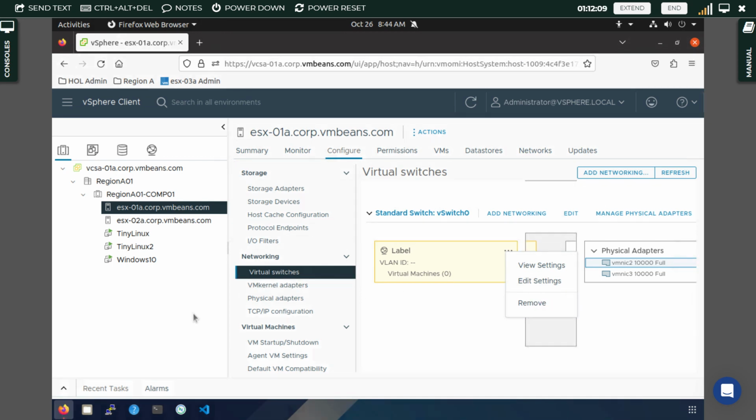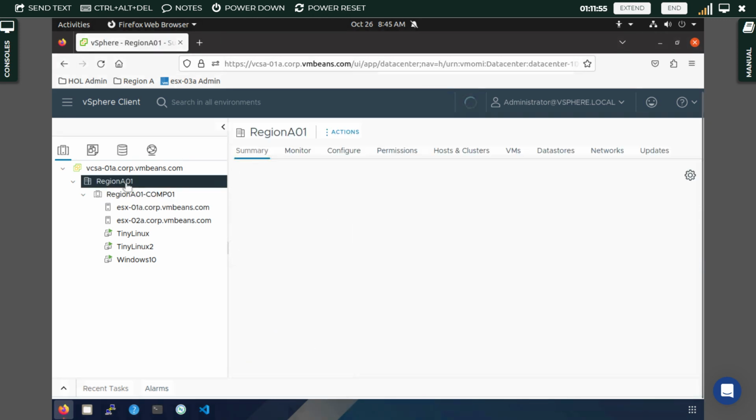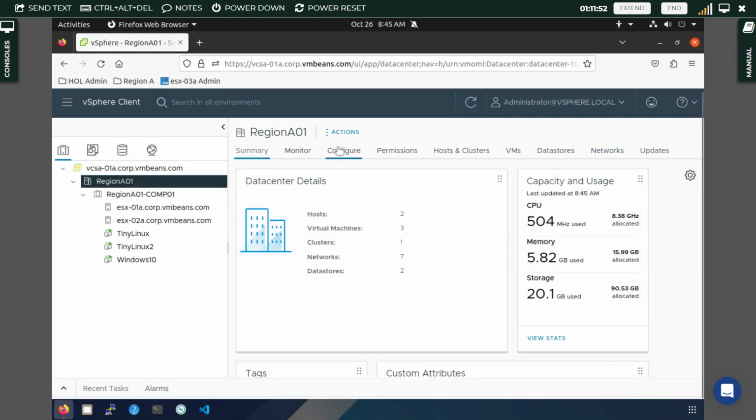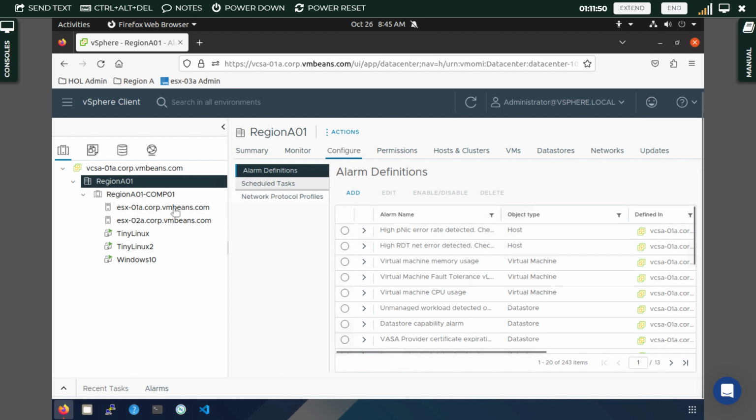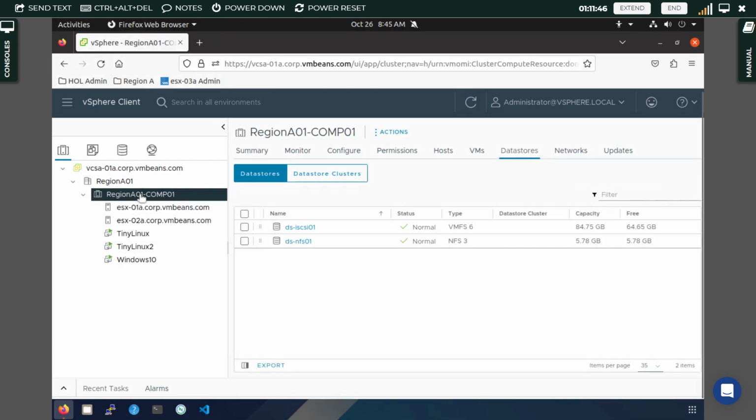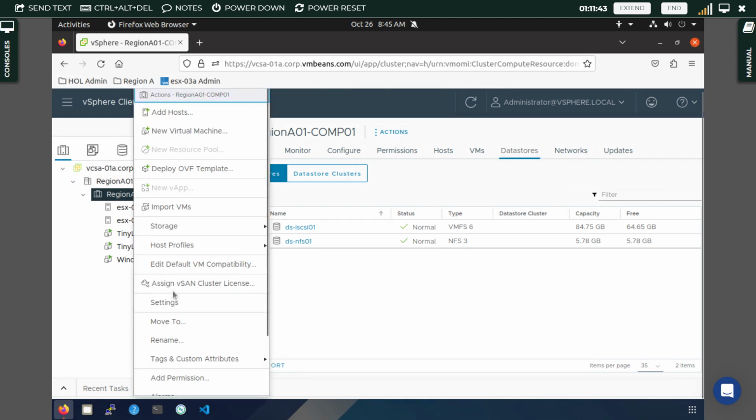So now after this, let us just talk about the distributed switch. If you want to create a distributed switch, you will not be able to work with the standard switch at that time. So you are going to create a single distributed switch that is going to be there, and that single switch will be able to handle each and everything. So you are going to be on the region level, then simply right click there and you are going to be